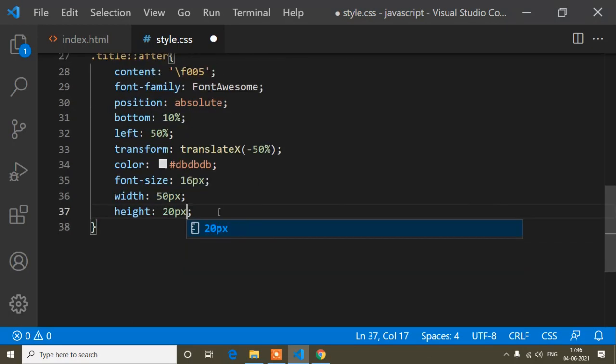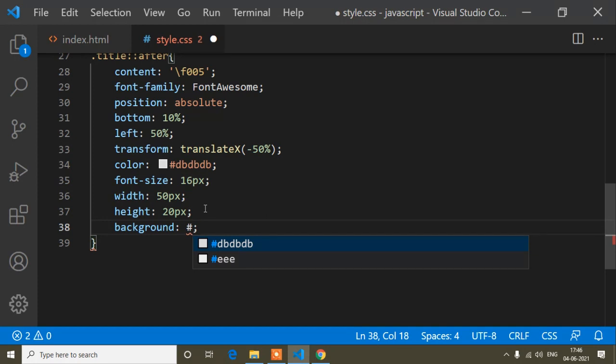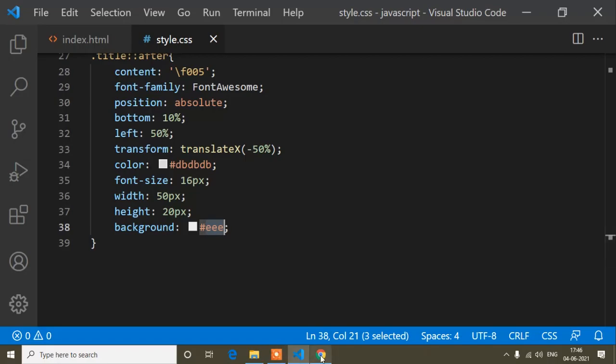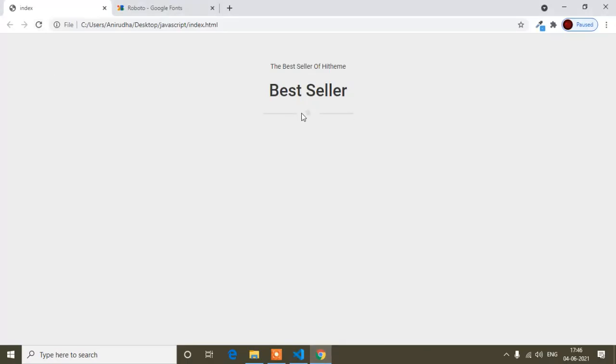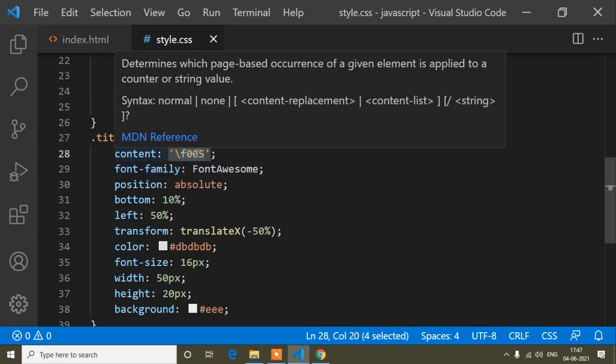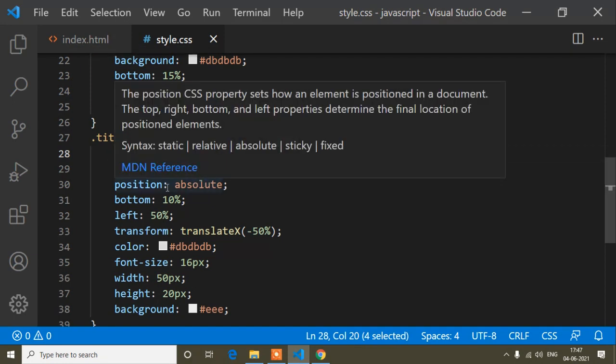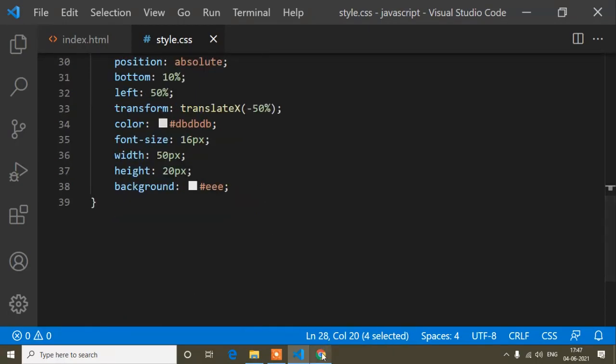And another thing, that is background color. So the background color of this icon will be this one, whatever color code I passed in the body tag. So now if I save and refresh, you can see it's added this star icon, because here I passed this star icon code. Okay, so if you want to pass any icon, you can go to the Foundation, and whatever icon you find, there you will find the class, like whatever I showed, so you will get the class and you will get the code also. So you can pass it in two ways. I have passed this star icon code and I am getting this one.